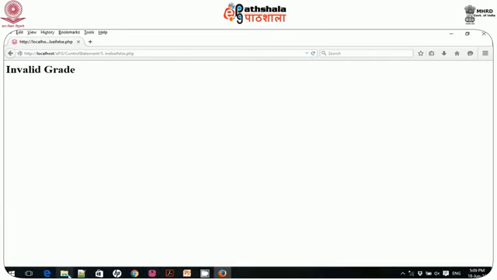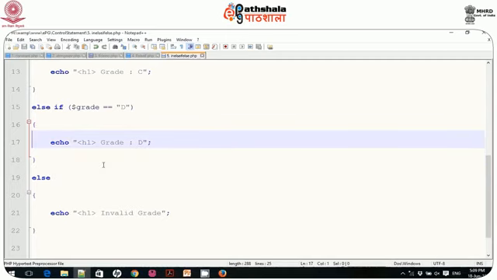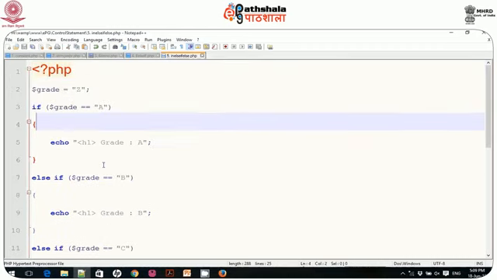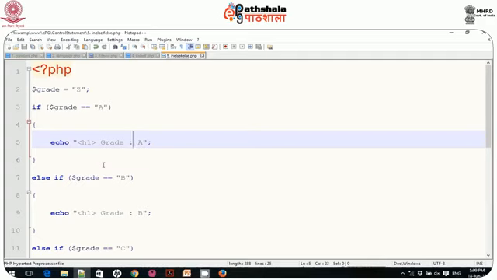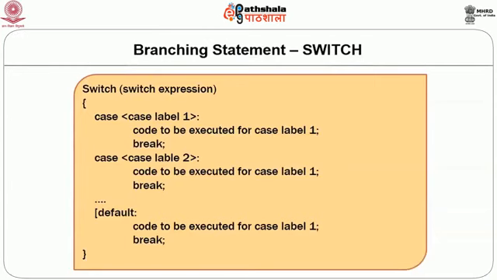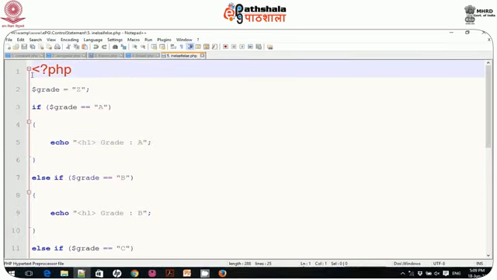So this is the else if statement, and the condition is always either true or false. You can use any logical operator or any other operator. Now this ladder is a bit cumbersome to write, so a switch statement is also available. The switch statement works with a switch expression, and then you provide case and case label. So you are considered for each case. The same code I would like to write with switch, I can write it.